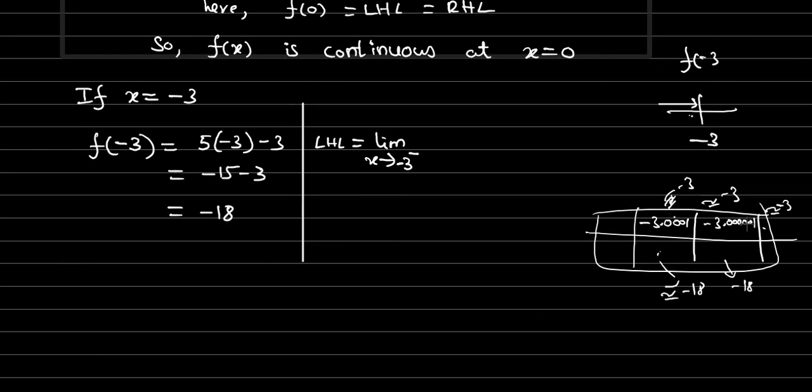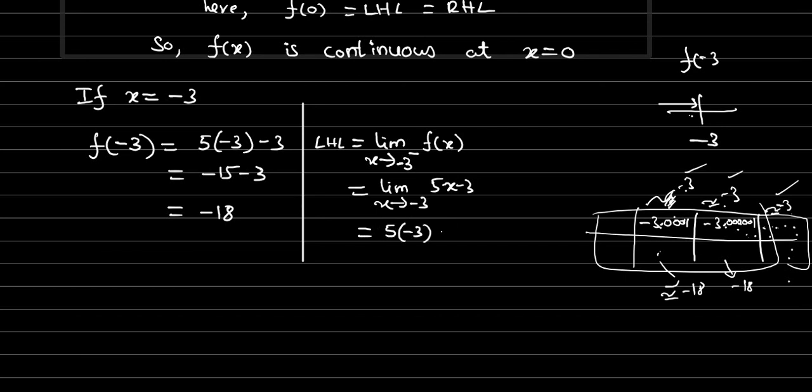So instead of checking all the close values in a tabular column, we are applying the limit. Now when we apply the limit, we'll see what happens. F of x is 5x minus 3. We are checking for the close values of minus 3. All close values, one by one we are not substituting. That's the reason for taking the limit, right? All close values when we round them, what are we getting? Minus 3, minus 3, minus 3, right? So that's the reason we are substituting x as approximately minus 3. Now when we simplify this, minus 18 we are getting.